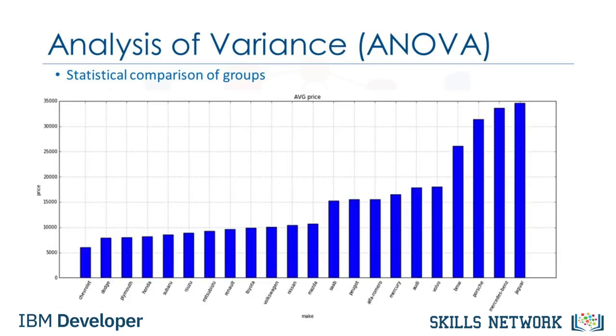the price? The diagram shows the average price of different vehicle makes. We do see a trend of increasing prices as we move right along the graph. But which category in the make feature has the most and which one has the least impact on the car price prediction? To analyze categorical variables, such as the make variable, we can use a method such as the ANOVA